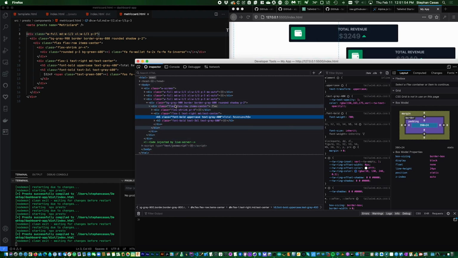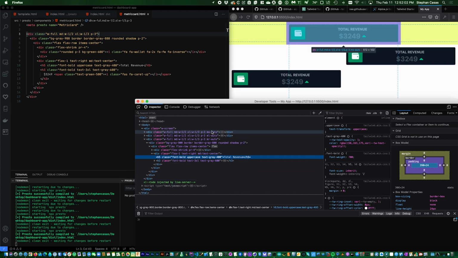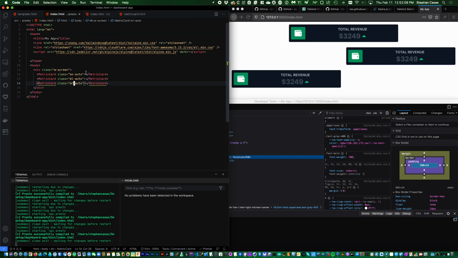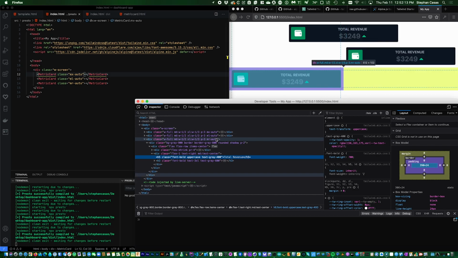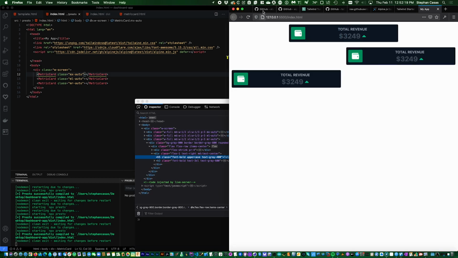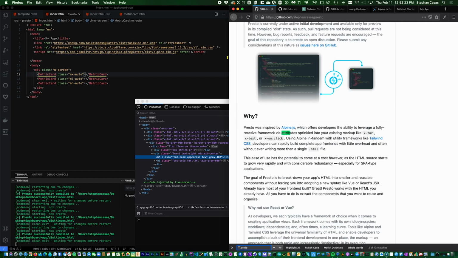So if we follow up right about here, we can see that in each instance of our component, and let's make this a little bit smaller, in each instance of our component, we've got exactly what we typed earlier right here. So starting from the top, we've got mx auto, ml auto, and mr auto. And Presto is going to do this again through what's called attribute coalescence. And you can read all about this